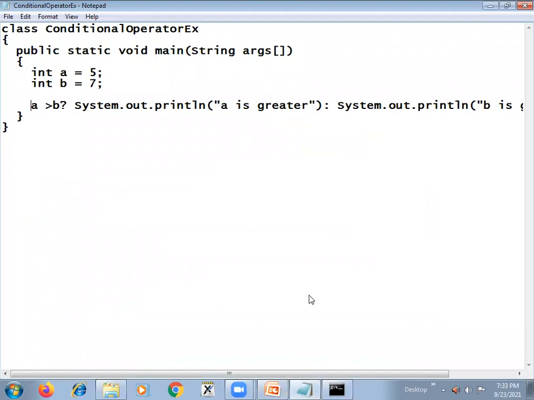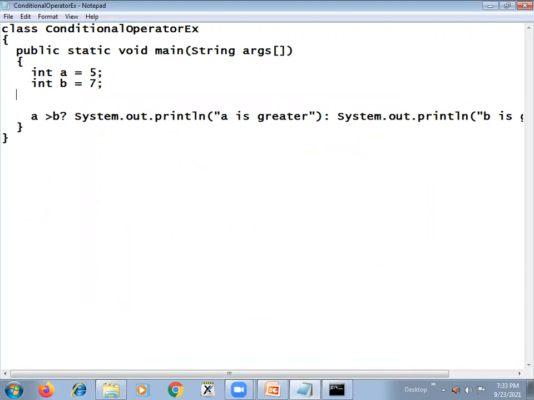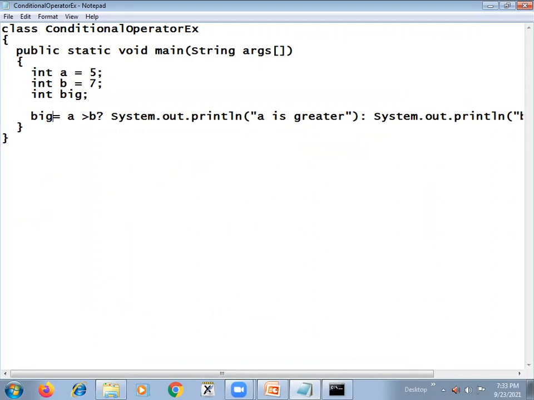Then we'll take another variable, something like int big. Then we'll say big is equal to either whichever one is big, we assign the corresponding value to big. So a greater than b.